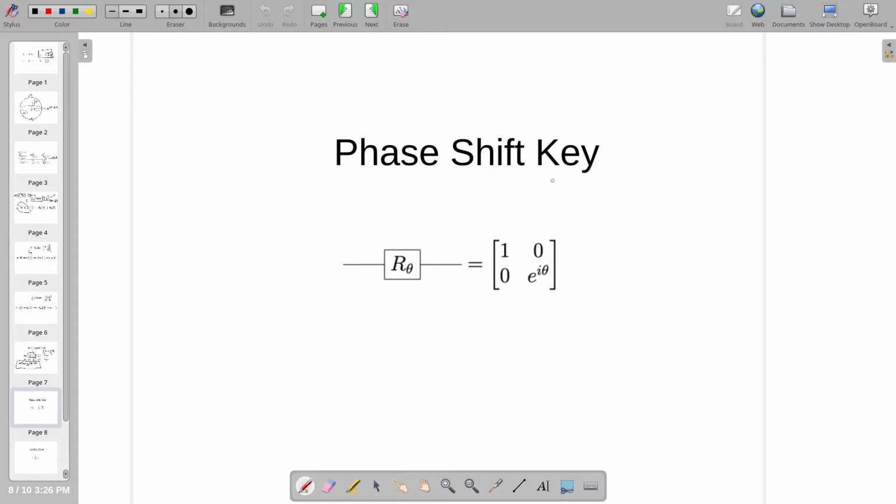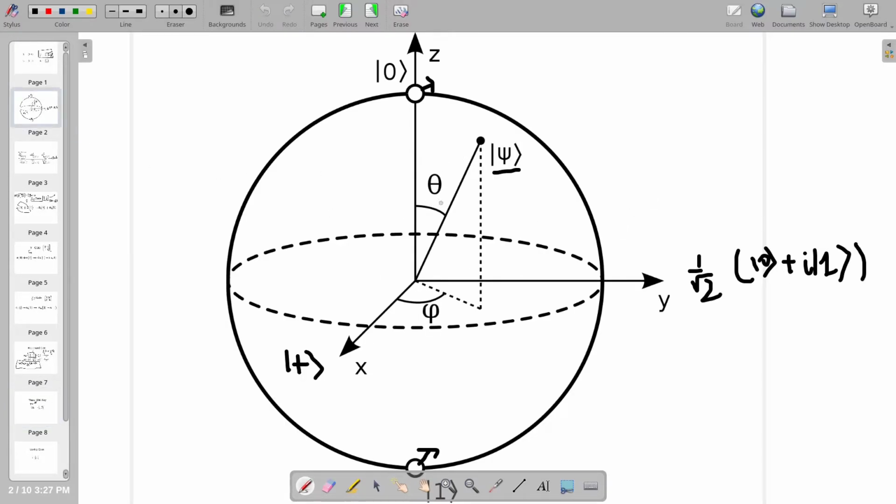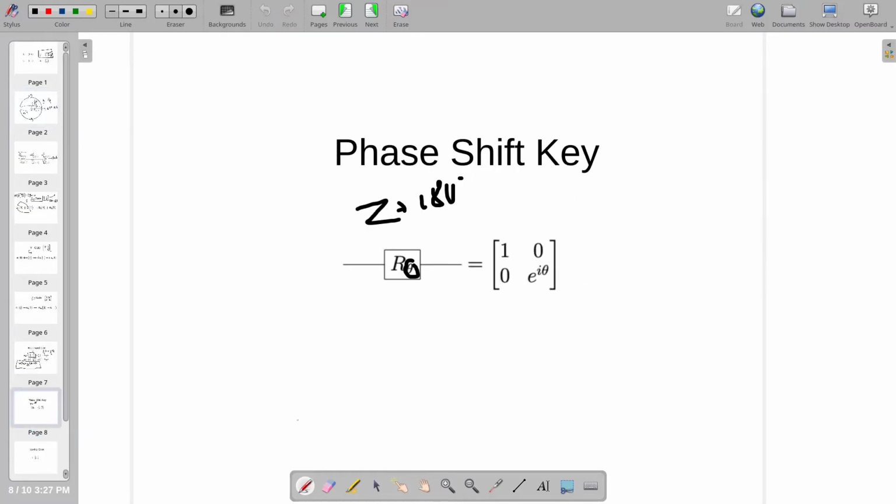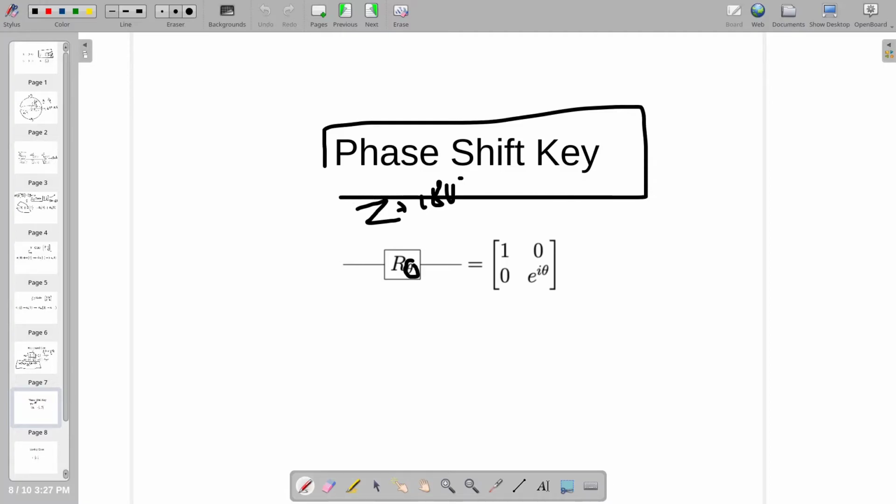And then we have the phase shift gate. The phase shift gate is basically a special form of the Z gate. While the Z gate rotates the given state of the qubit by 180 degrees, the phase shift gate allows us to rotate by an arbitrary theta. For example, if you wanted to rotate the given omega by pi by 4, then I can apply R pi by 4 to achieve that change in state. This plays an important role in the later and more complex algorithms, which we'll study later.